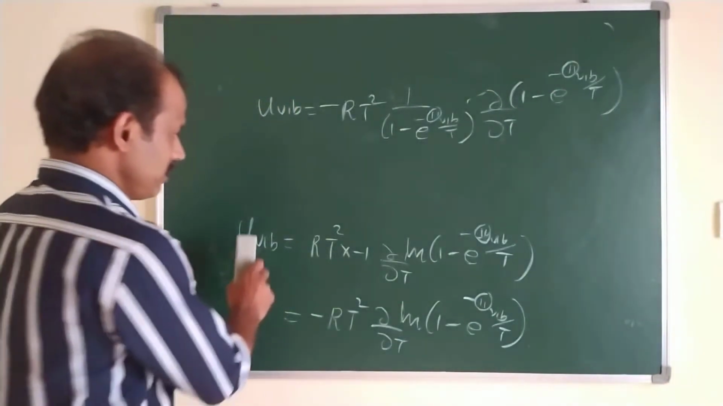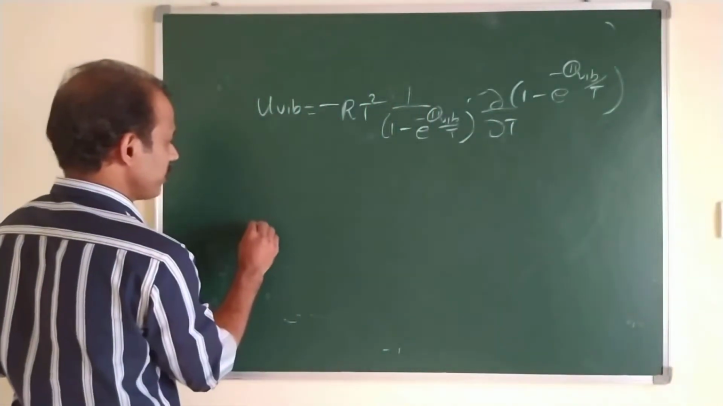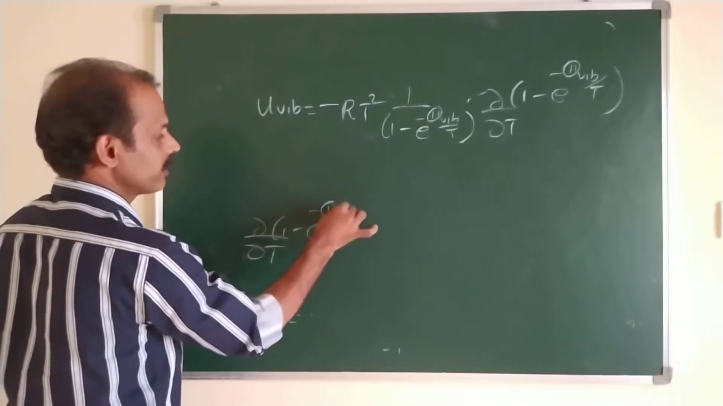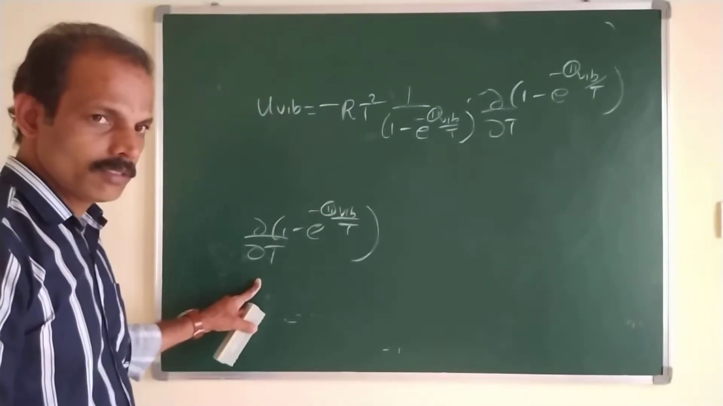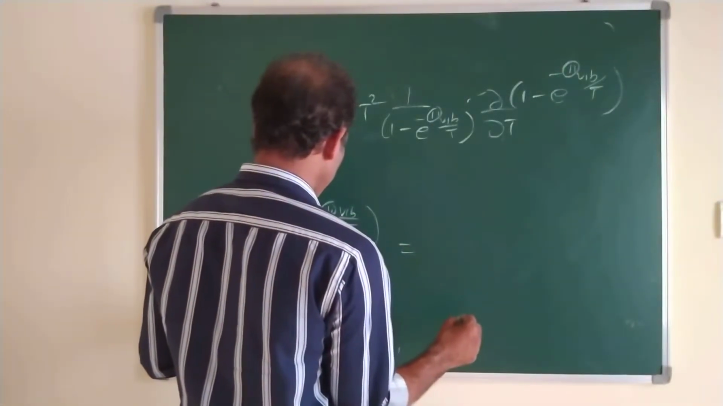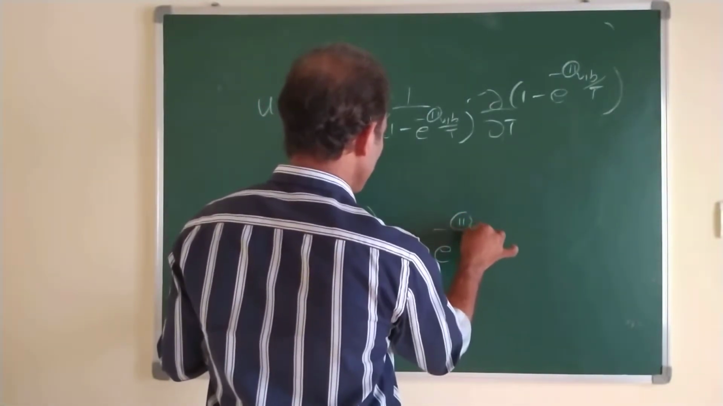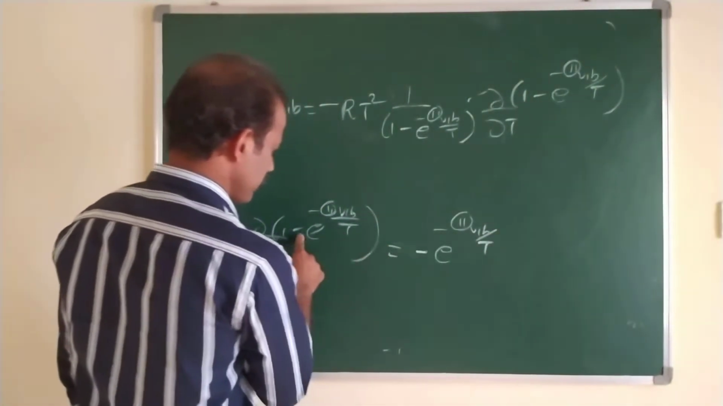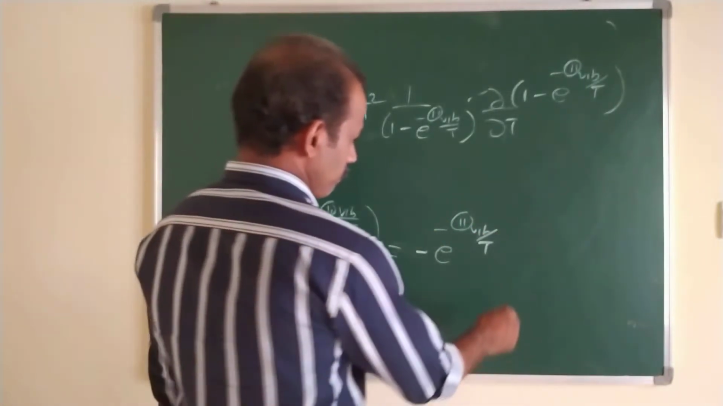That's our equation. So then we can differentiate only this term. The differential of dou by dou T of (1 minus e raised to minus theta vibrational by T): for the 1, we have 0. So the differential of this one is equal to, sorry, minus e raised to minus theta vibrational by T into